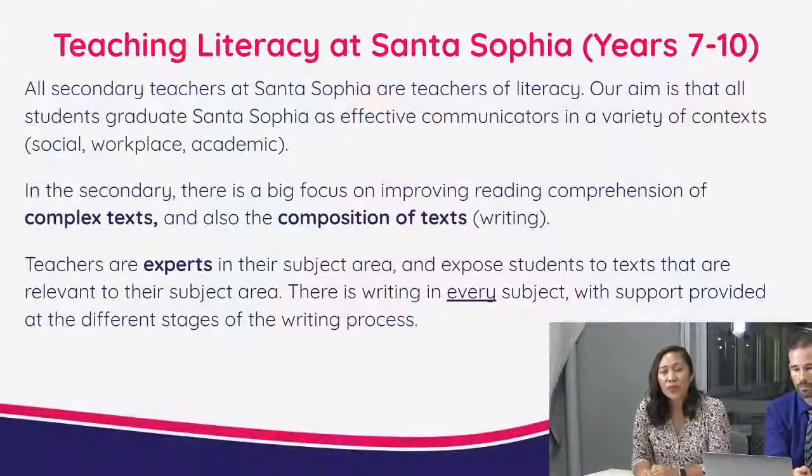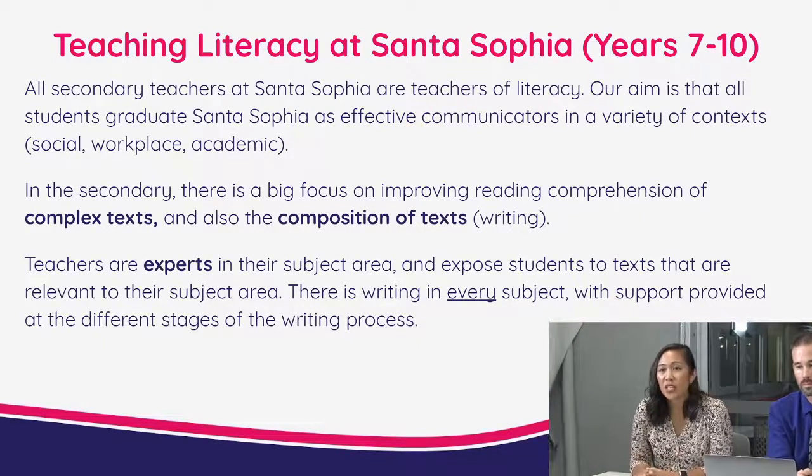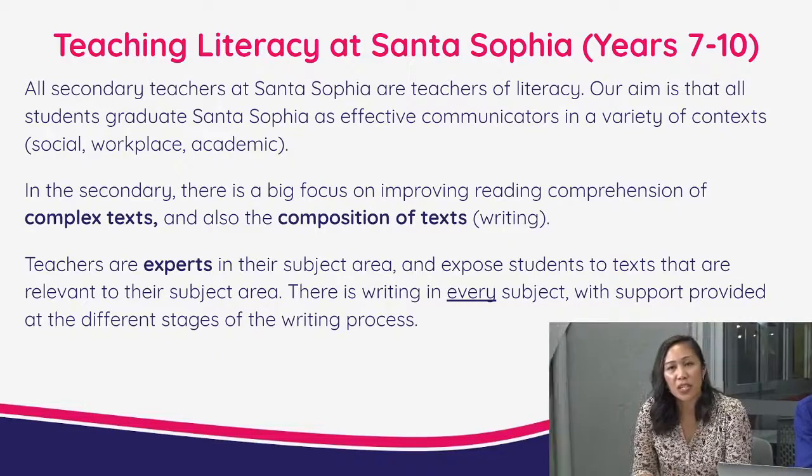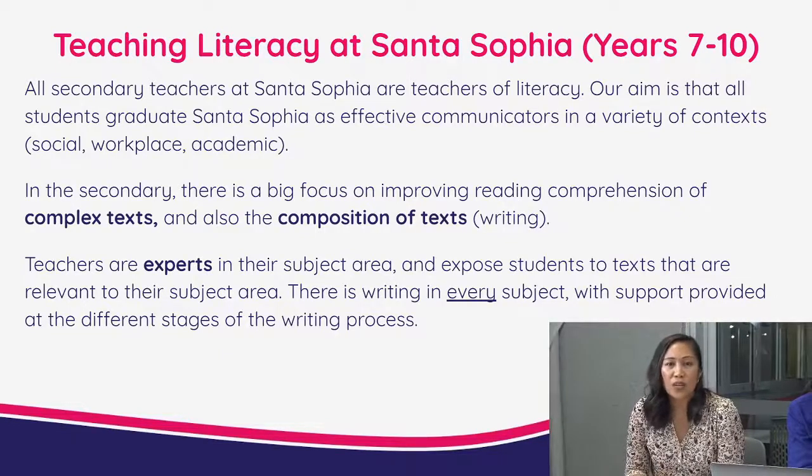I'll just quickly go through a little bit about literacy at Santa Sophia. In the secondary, it's a little bit different to the primary school. We have multiple subject areas, but we do see every secondary teacher as a teacher of literacy. Our aim overall is that all of our students will eventually graduate from Santa Sophia as effective communicators in a variety of contexts. Whether that's in a social, workplace or academic setting, we want them to be able to